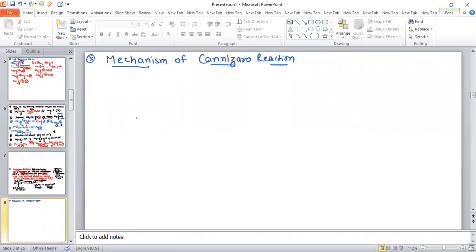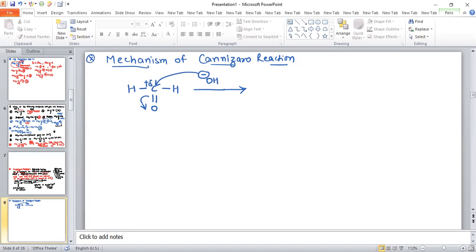Now see, we have an aldehyde having no alpha hydrogen, like this. Alpha hydrogen is absent. The reaction takes place in basic medium, so the base is OH minus. This OH minus will attack the carbon of the carbonyl group, which is electrophilic. Then 5 bonds will be formed, 1 2 3 4 5. At the same time the carbon-oxygen pi bond will break onto the more electronegative atom.